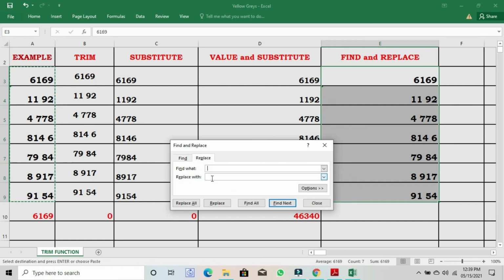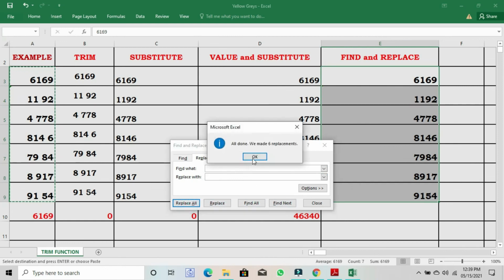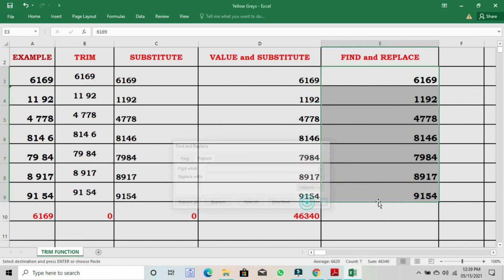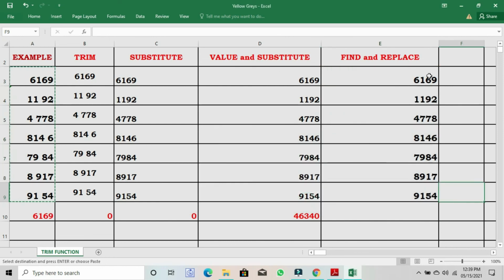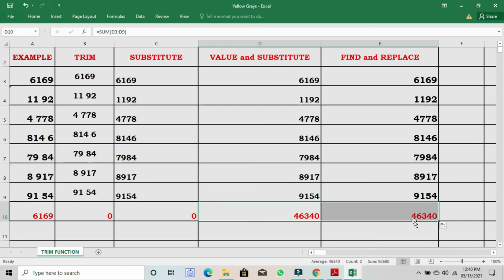In replace, leave the box empty, then replace all. See, all the spaces are removed by using find and replace, and the values are numbers. Let's cross check with the help of summation whether we are getting the summation of the result. Yes, we are getting the result.